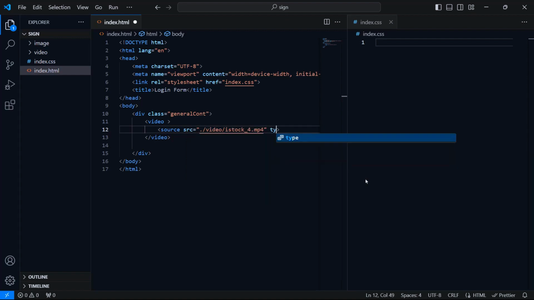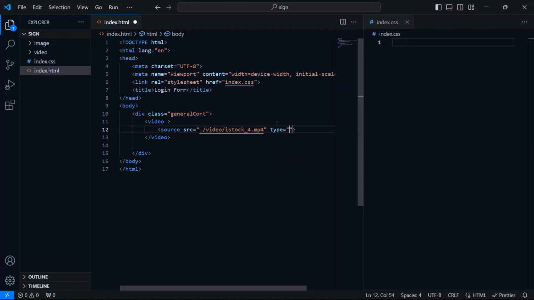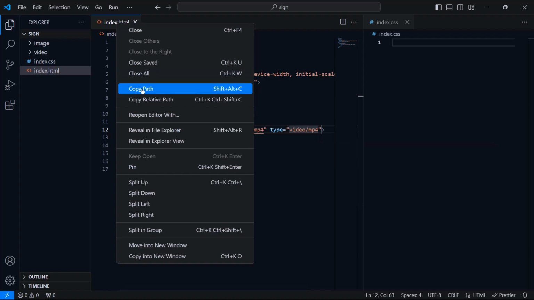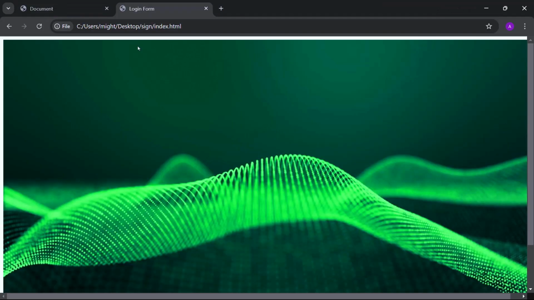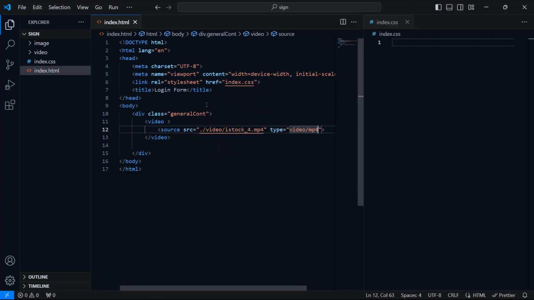Also we're going to specify the type in the source that it is video/mp4. All right, now let's copy the path and view this in our browser. All right, so we can see this is the video, but as we can see, it's looking like a picture. It's not moving, nothing. So back to our code, we're going to add the autoplay to the video tag so